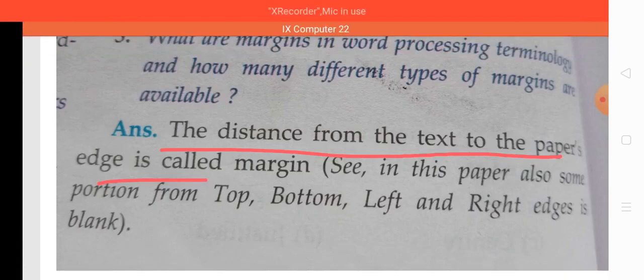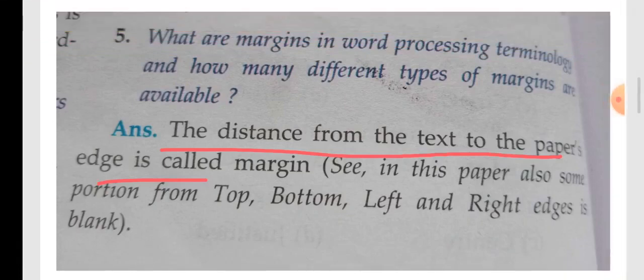And on the paper there are also some portions called the top, bottom, left, right blanks. So the question is asked as to what are the margins in word processing terminology and how many different types of margins are available. So here we have to not only discuss the margin, but also the question is asked about the types of margins. As far as the margin is concerned, the distance from the text to the paper edge is called the margin.